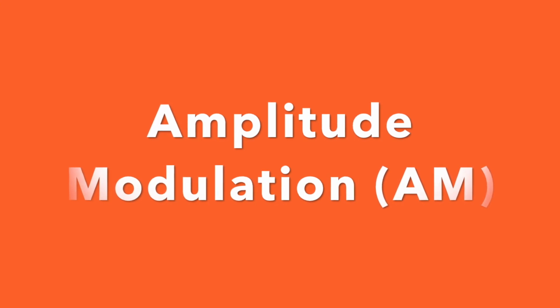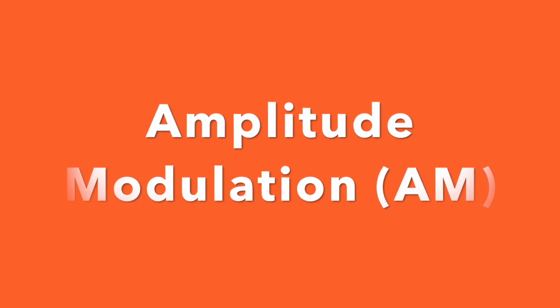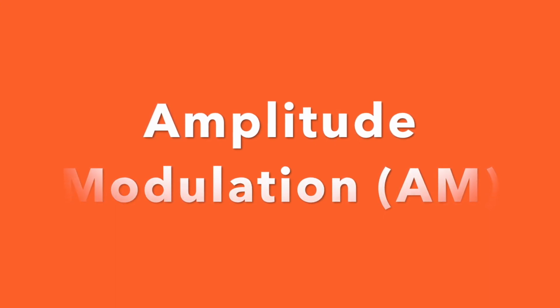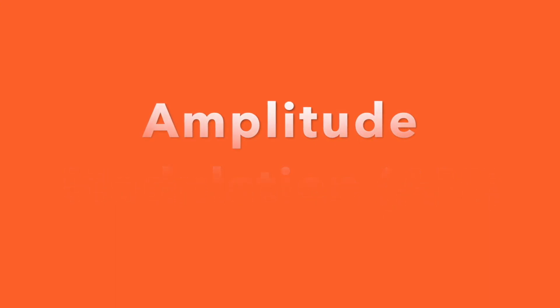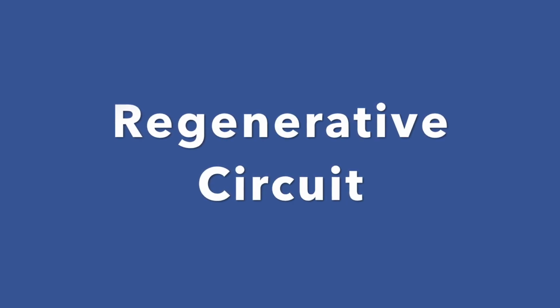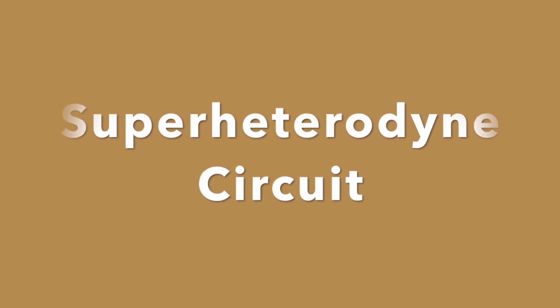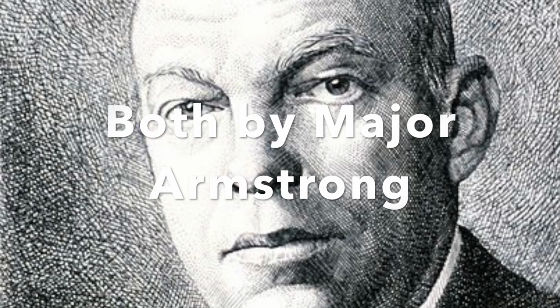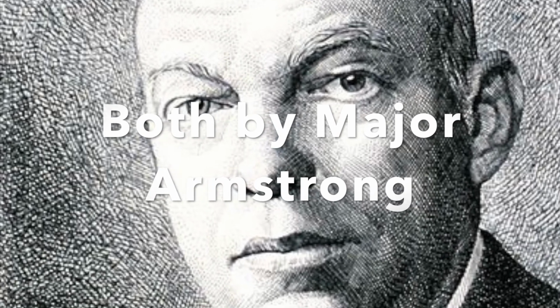Morse code was broadcast using AM, though speech and music eventually followed. Early television used AM for transmitting video. 6. The regenerative circuit to increase amplification. 7. The superheterodyne circuit to improve selectivity, the ability to pick stations out of noise and the clutter of other